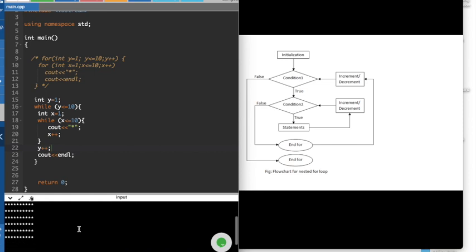Alright, so you actually print these stars 10 times, just like this for. So you can write a nested loop for 10 times, and you can do that for while as well. So the last one is, how are you going to write this